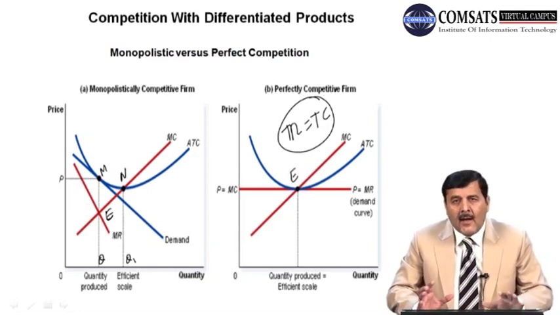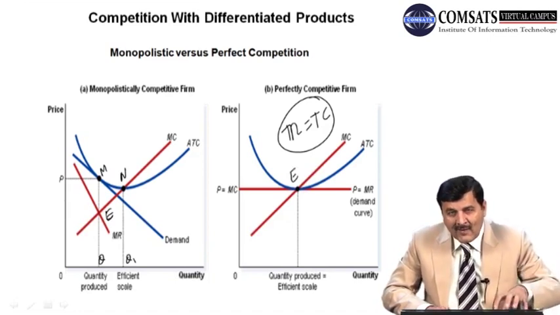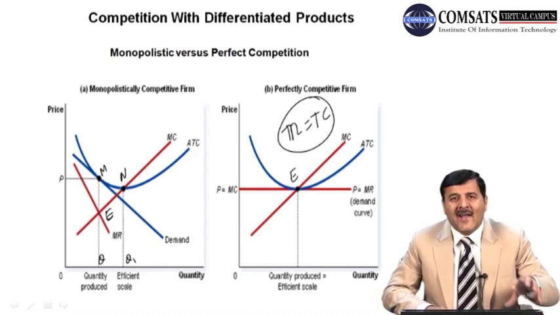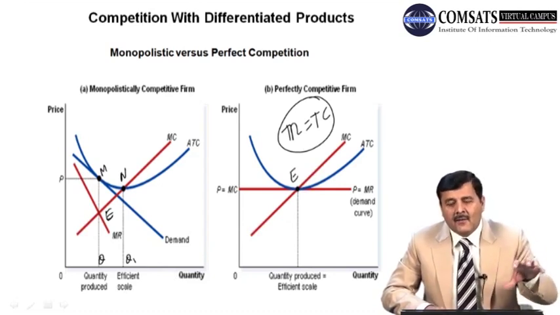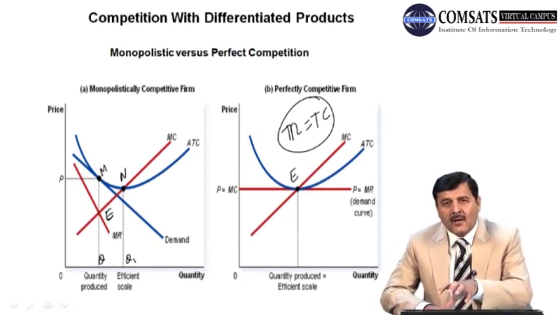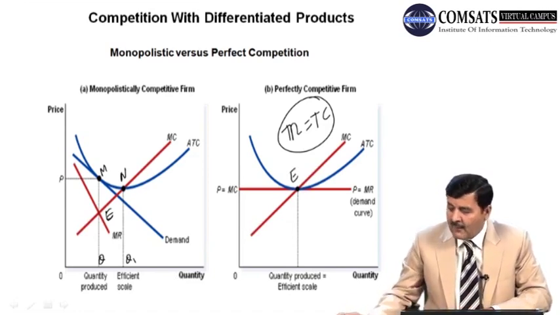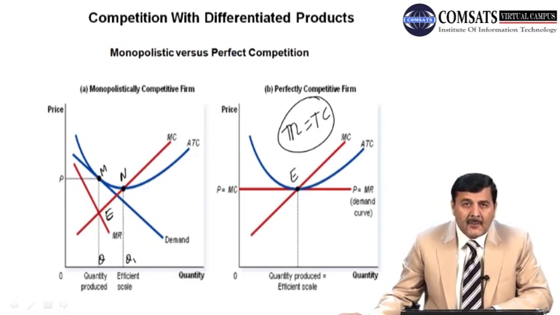तो हमने ये देखा कि monopolistic competitive firm के पास excess capacity है, they can produce more, they can supply more in the market, but they produce less than their efficient scale and charge higher prices, but in the long run। But in case of perfect competition, in the long run all firms are producing at efficient scale, right, and they are earning normal profit and they are charging less price from the consumer। So this is how we can explain the difference between a perfectly competitive market and monopolistic competitive market with the help of excess capacity concept।